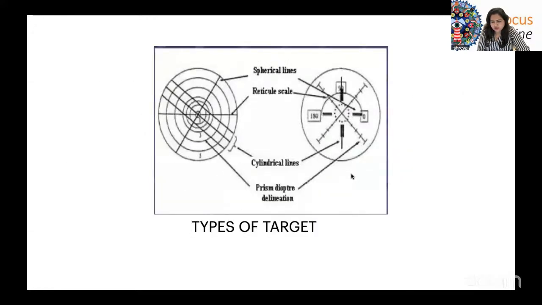So now we have to talk about two things, the target and the reticule. The target can be of different types. One of them can be simply these line types, which have a single line, and there are 3 lines like this. Out of these lines, we have to decide which of these will be depicting a spherical line, or which of these will be depicting a cylindrical line. For example, here the spherical line is a single line, and the cylindrical line is 3 lines. Then, in this particular system, these 4 cross lines are depicting the cylindrical lines, and the spherical lines are the simple horizontal lines.